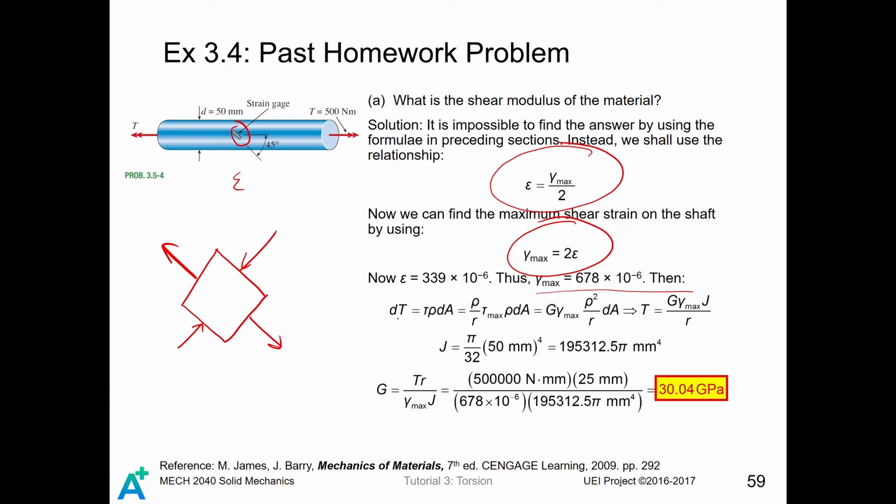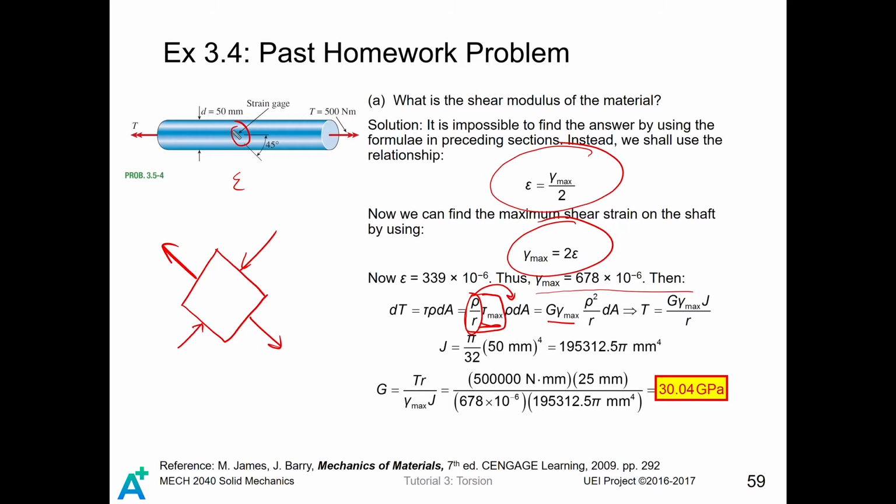Consider in the very first step, when we derive the torsional formula, we write the shear stress inside the bar in this form, that is the ratio of the shear stress to that of the maximum. Then the maximum shear stress can be written as G, the shear modulus, times the maximum shear strain, gamma max. And then you absorb this term into the rho behind. Consequently, by integrating both sides, you can find the torque acting on this bar equals the shear modulus times